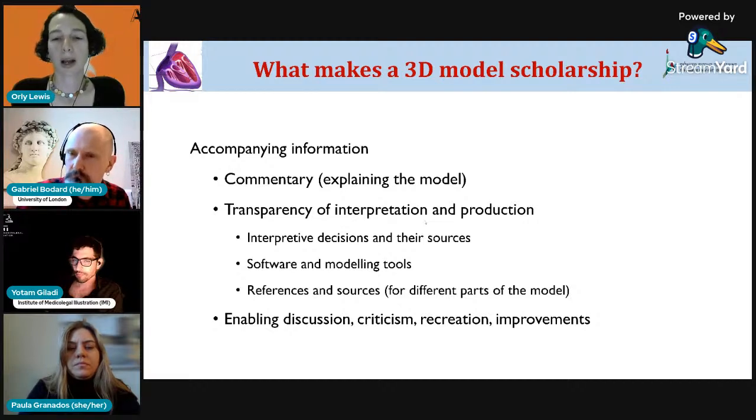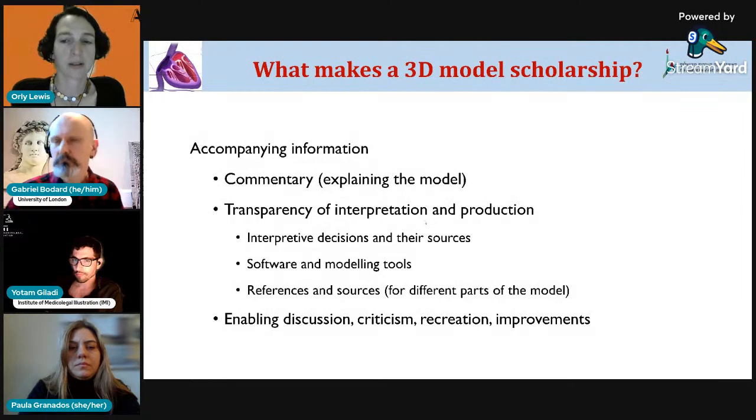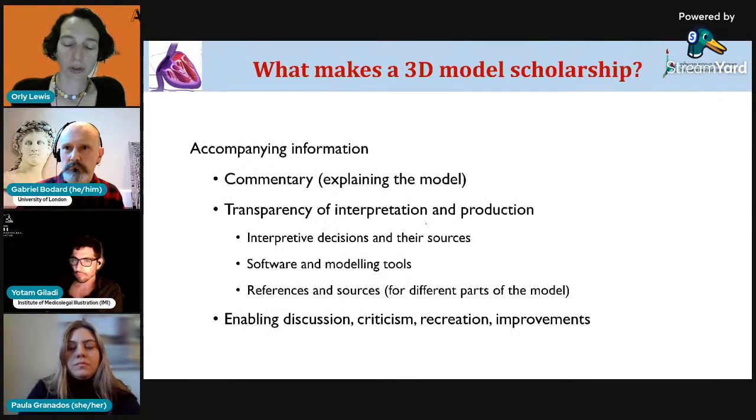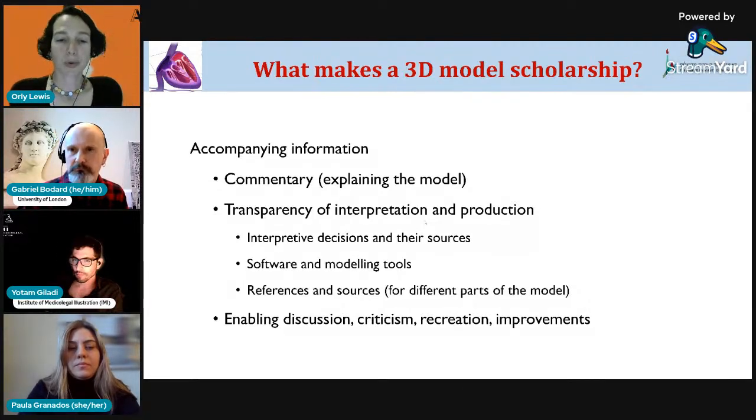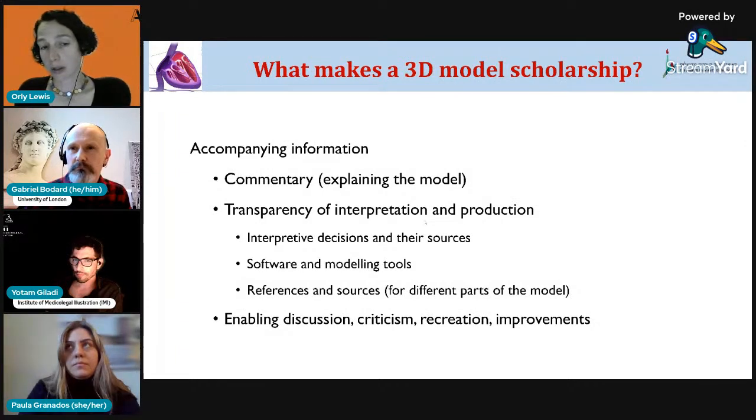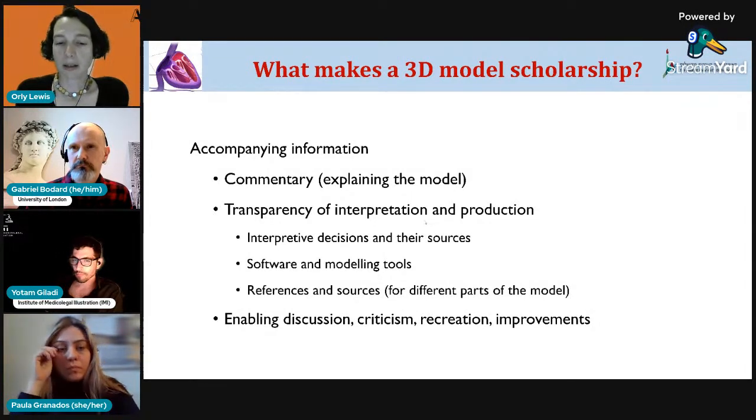So not just why this is what we present in the model, these are the details, but also how we did it, which interpretive decisions we made on our way, based on which sources, and more technical details of the software and modeling tools that we used, because these affect the result, but also the references, really providing other scholars the means to follow up,